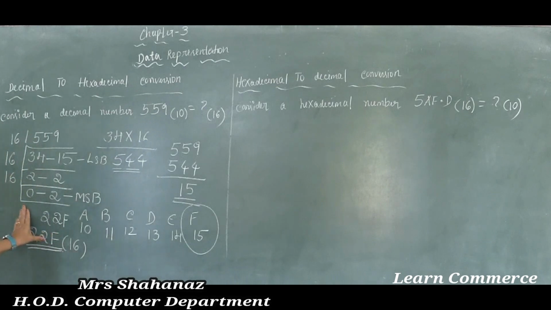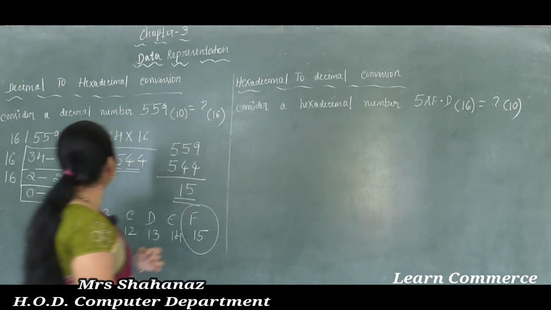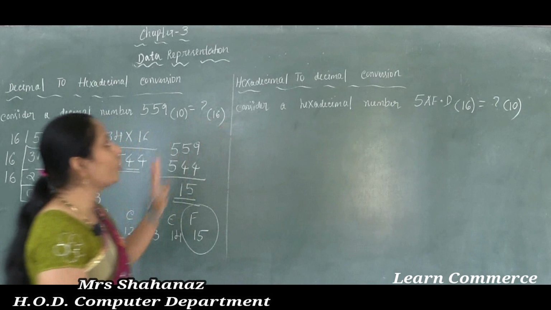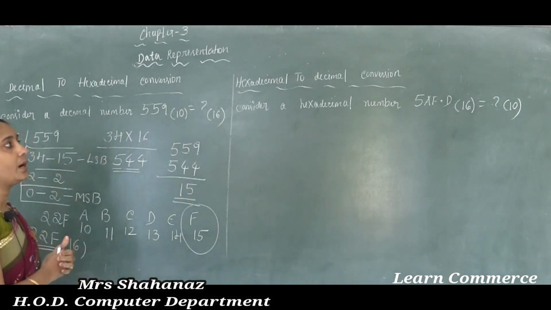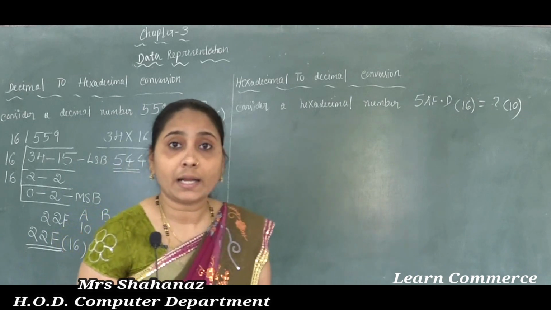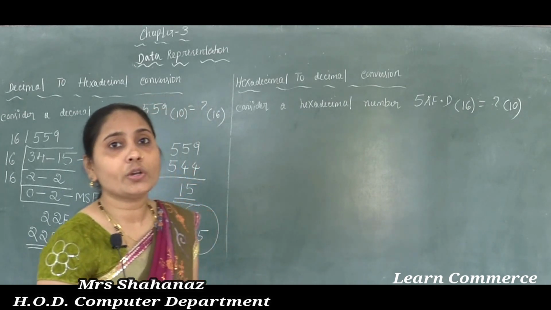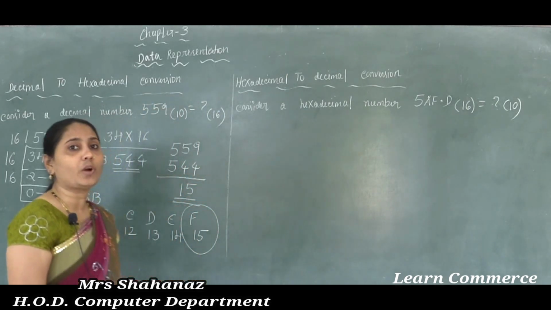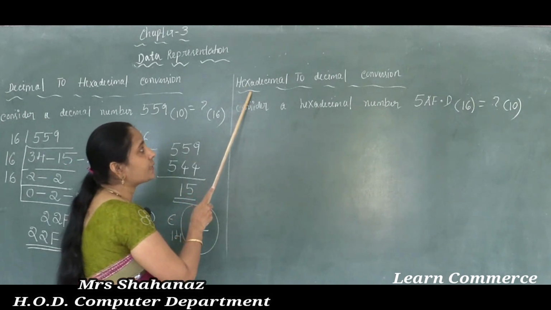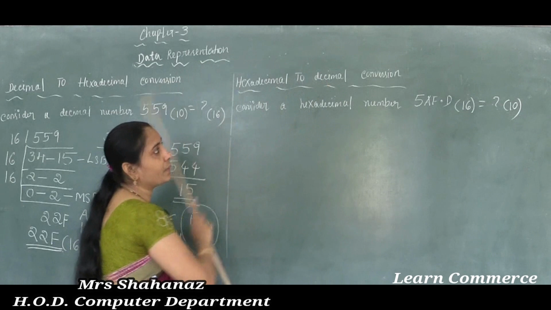Okay, here the conversion is from decimal to hexadecimal conversion. And after completing the decimal to hexadecimal conversion, now we'll go to complete the next example. The next example here also has another conversion. So now what's the question and what type of conversion are we going to do here? The conversion is hexadecimal to decimal conversion.